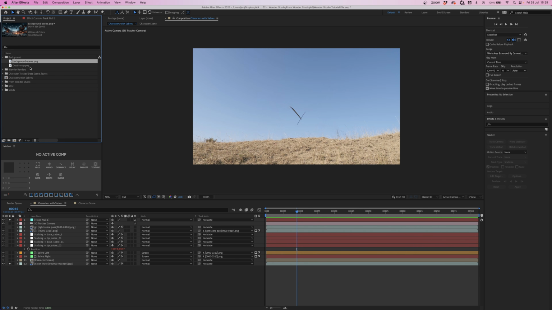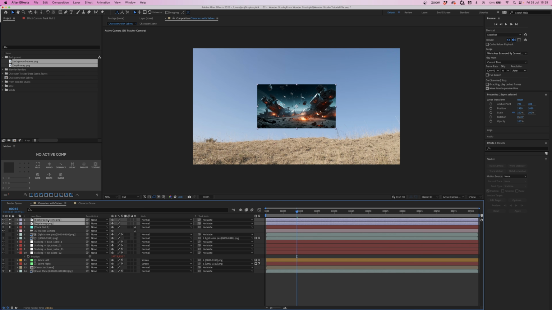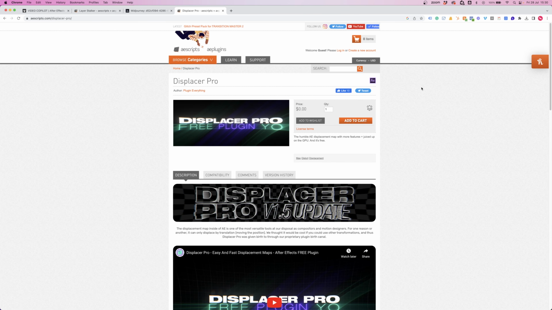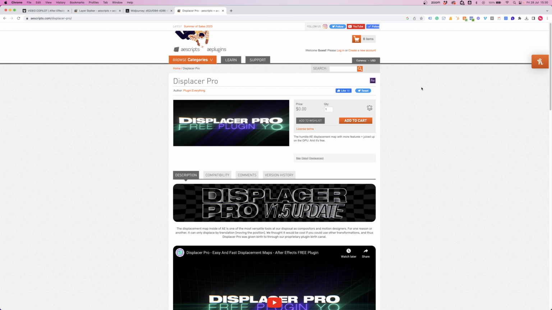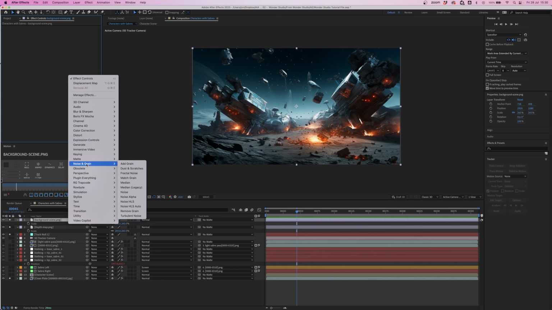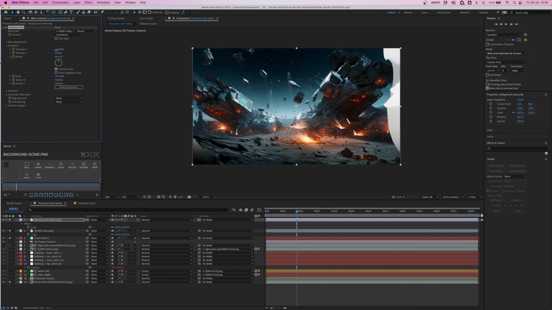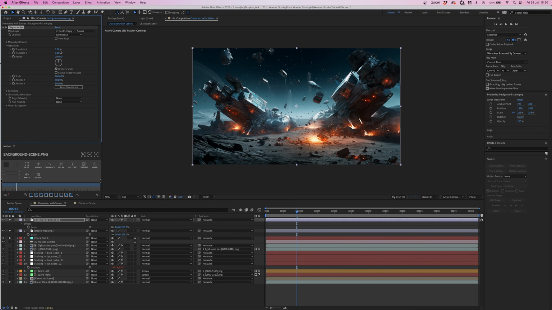Now I've imported the background scene and that depth map to our After Effects project in a background folder. We can click both of those, drag them down into our scene, and scale them up. We're now going to use another plugin. This one's free and from aescripts.com, and it just provides a few more options when doing displacement, and it works well with our tracked camera data. So we're going to right click, choose Plugin Everything, Displacer Pro, and then choose our map layer, which is our depth map. And then if you translate on the X and Y, you get this cool 3D effect, which is fantastic. And we want to link that up with our camera rotation.